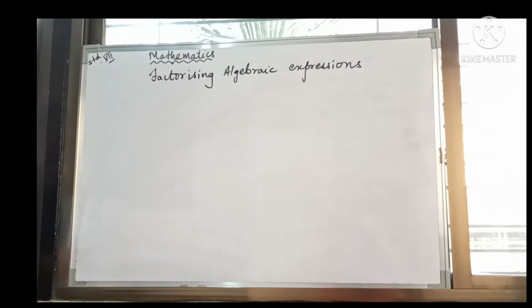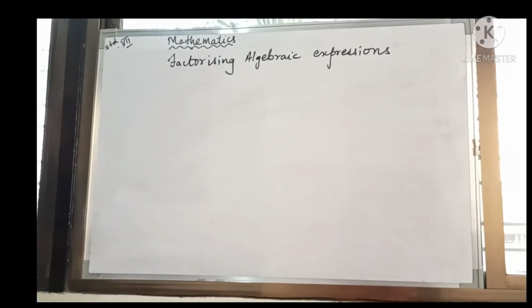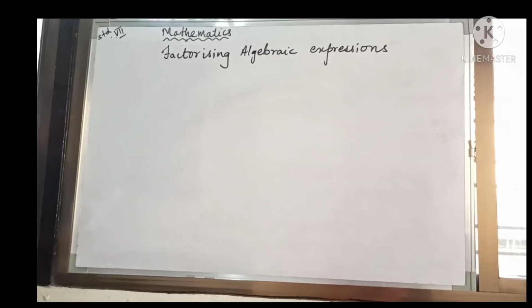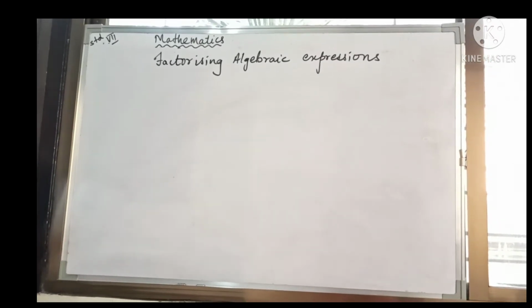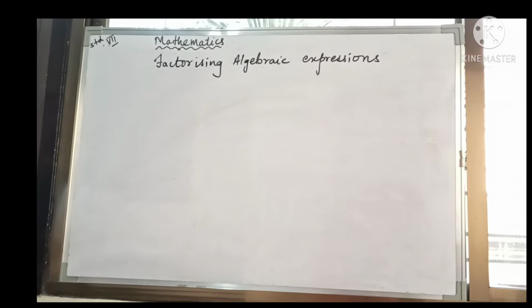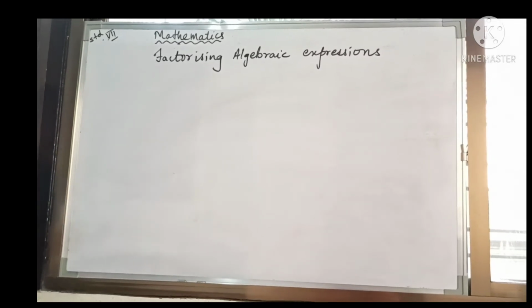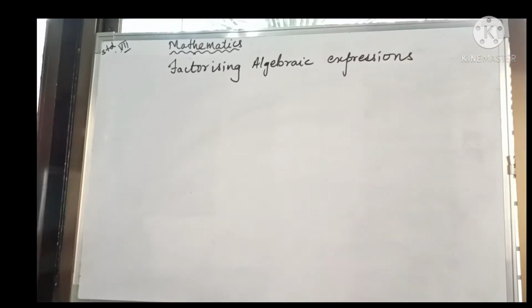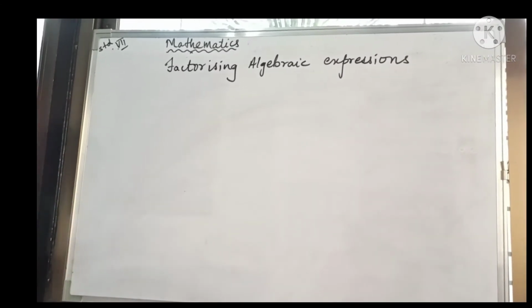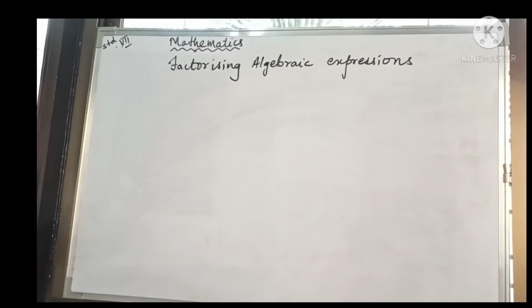This is the last part of this chapter, algebraic formulae: factorizing the algebraic expression. Now while factorizing the monomial, you have to factorize the numerical coefficient first and then factorize the variables. Now we will take the example